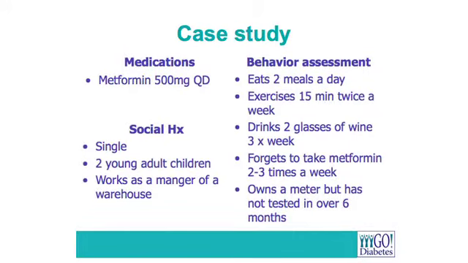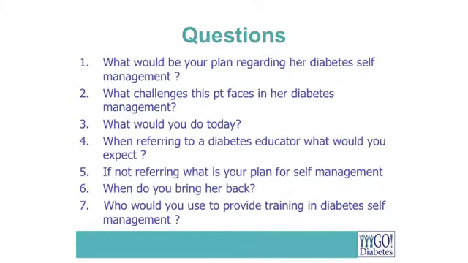She needs to exercise more. I wouldn't worry about the wine right now. She's not taking her metformin, and she's only on 500. So that needs to be fixed. And the meter, God knows in what corner of the house it is. So we have a lot of things to do. So we've got to come up with a plan, but I would encourage you. Oh, I have lots more questions. Okay, so we have a plan. What do you think is the hardest challenge that she faces with her diabetes management?